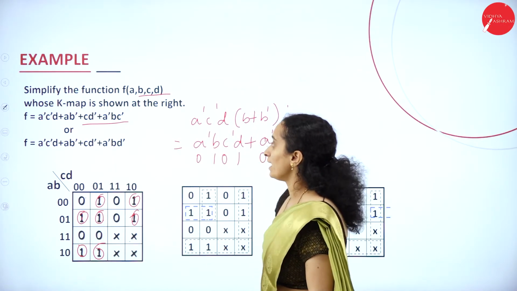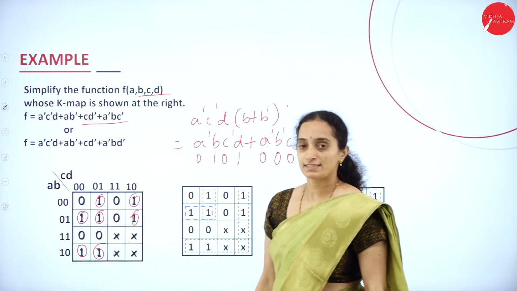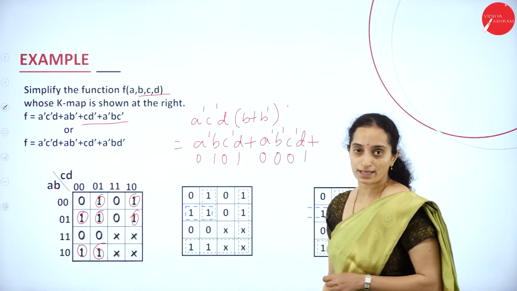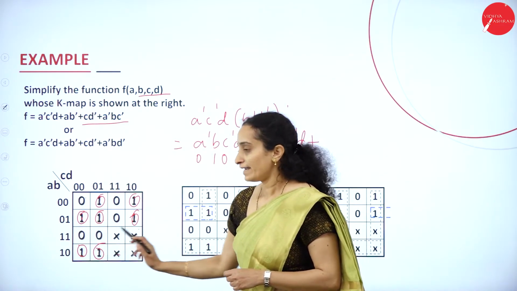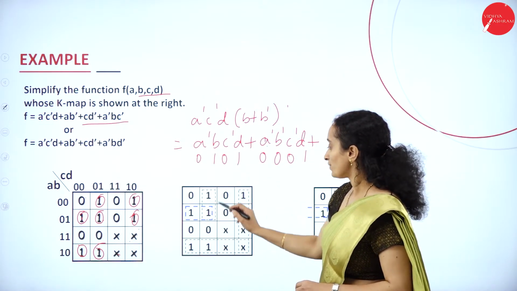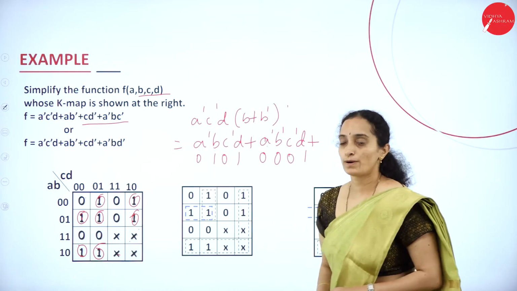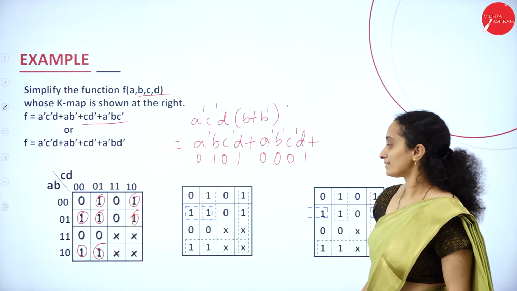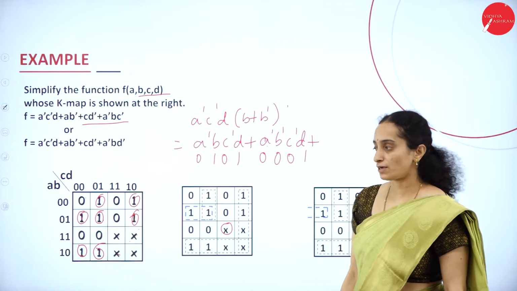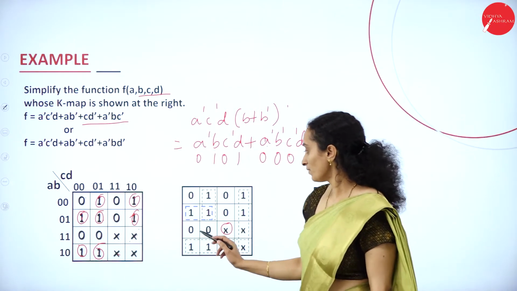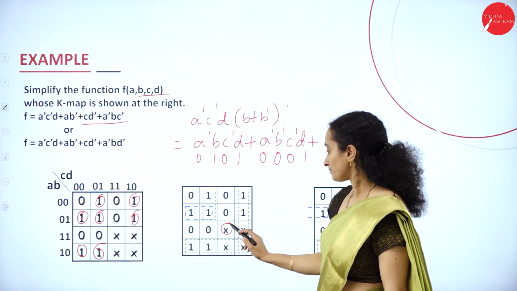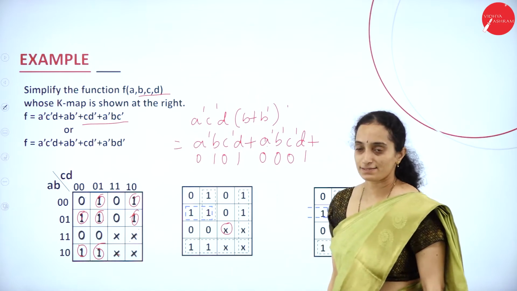That means there are 4 unfilled cells. These 4 unfilled cells will be considered for the don't care condition only if it helps in grouping. Okay, here we have the answer. One thing is you can group like this, 2 ones, 2 ones, and like this. You don't have any x here. This x will be left without simplification. Here we have the 1, this one, and these x values.